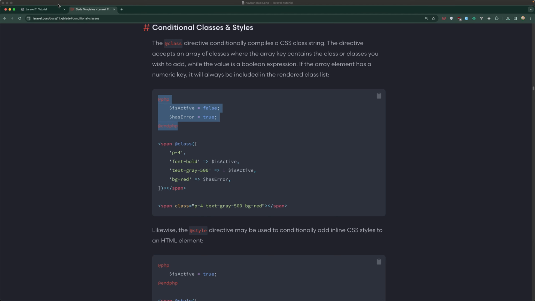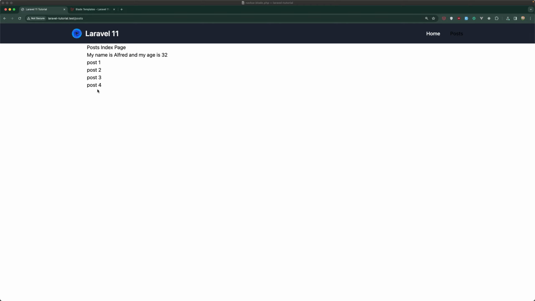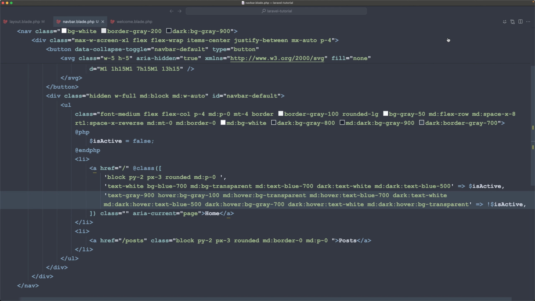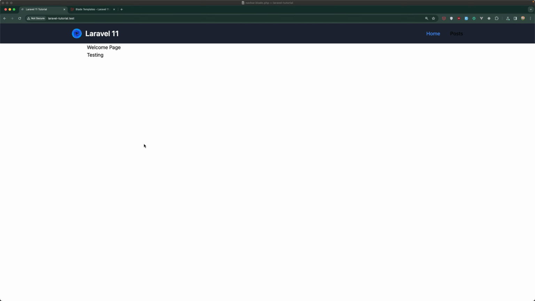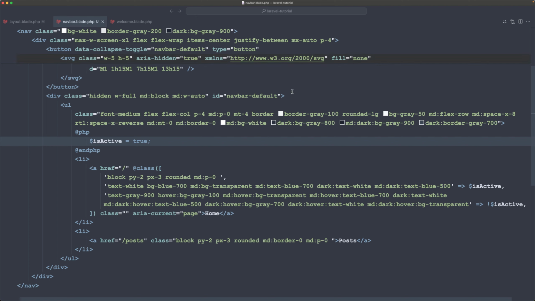We have hard-coded that. And if I come here and refresh, here we have now the home, and as you can see, it's not highlighted. If I go to home, yeah, the same thing. Here we have the post, but we don't see it because I removed all the classes there. Now let's change this to be true. And as you can see, the home is highlighted. If I go back to false again,